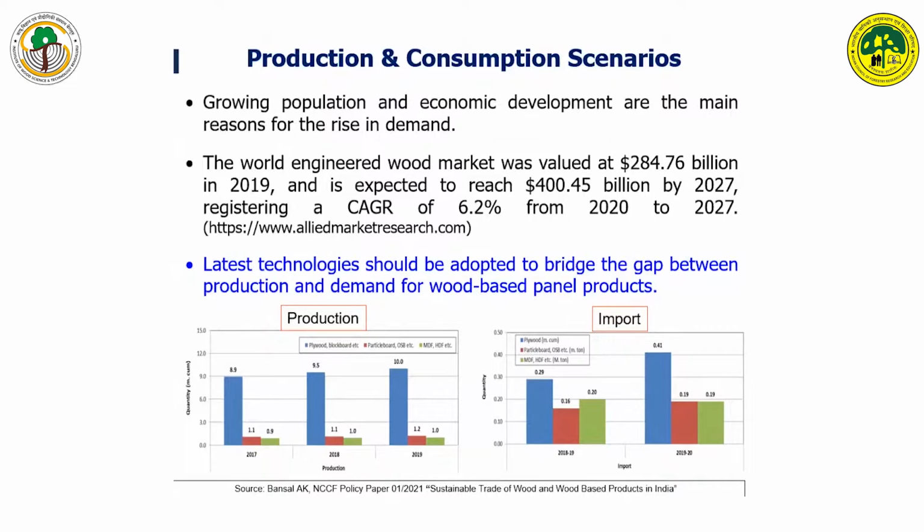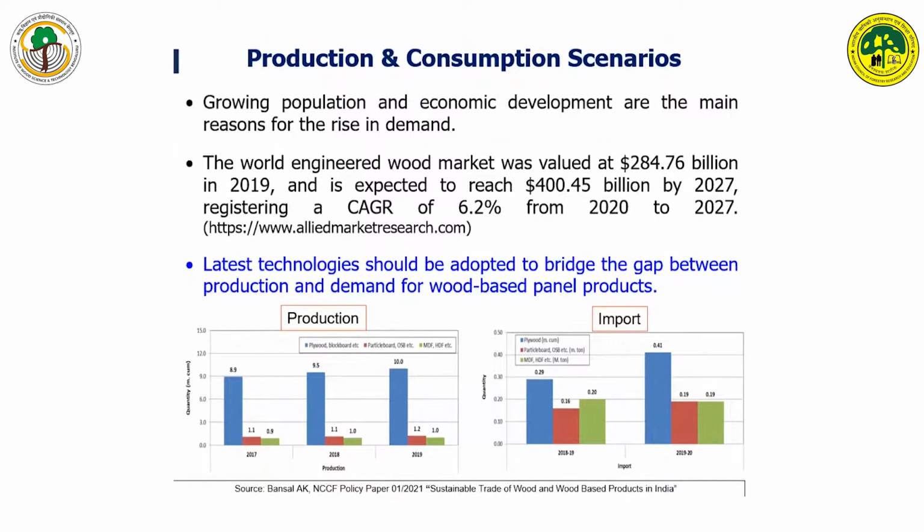You can see the world engineered wood market is valued at around $284 billion in 2019, and it is expected to reach $400 billion by 2027, registering a CAGR of 6.2%. Even the latest technologies can be adopted to bridge the gap between the production and demand for these wood-based products in